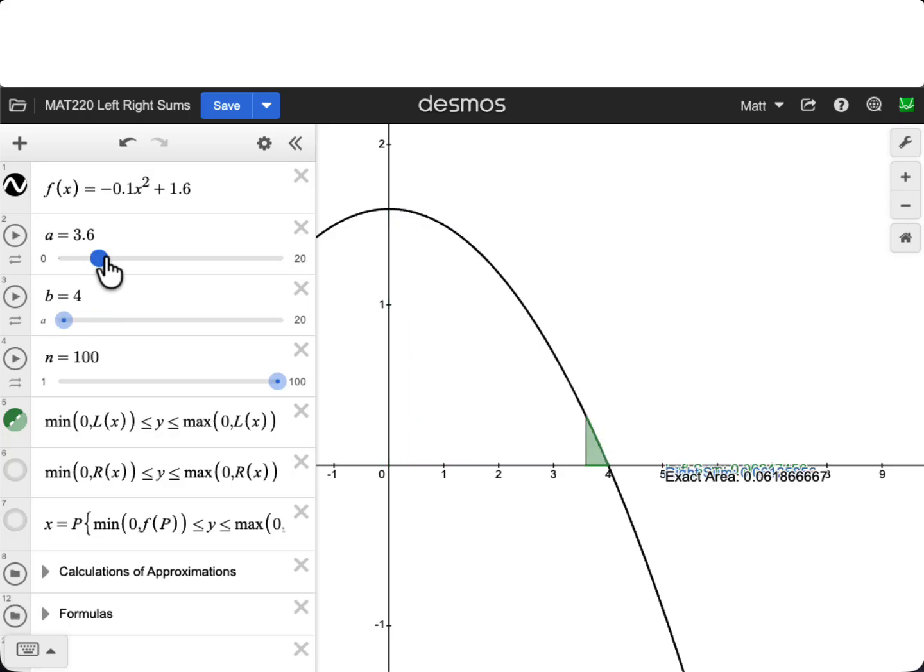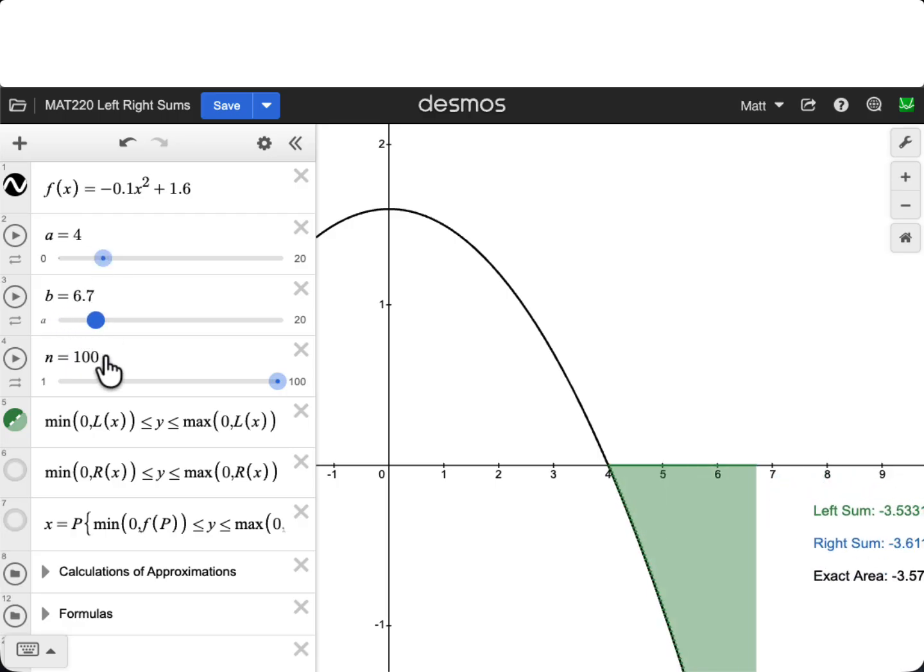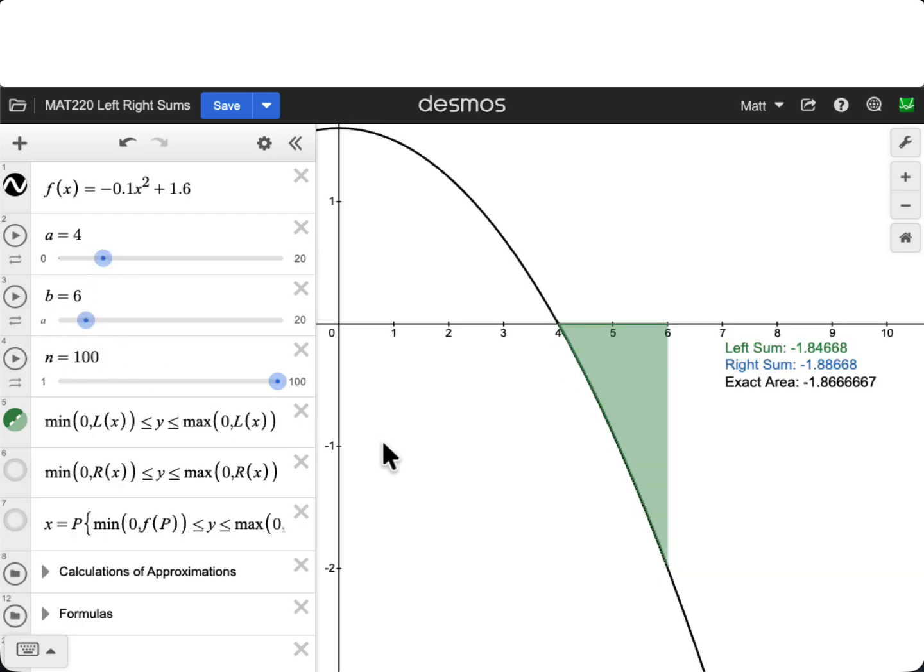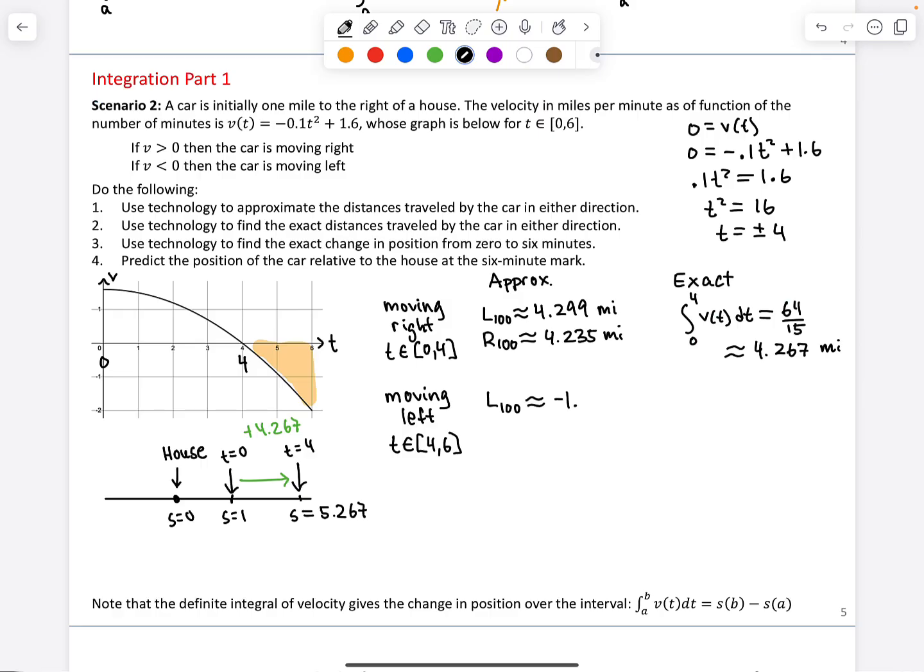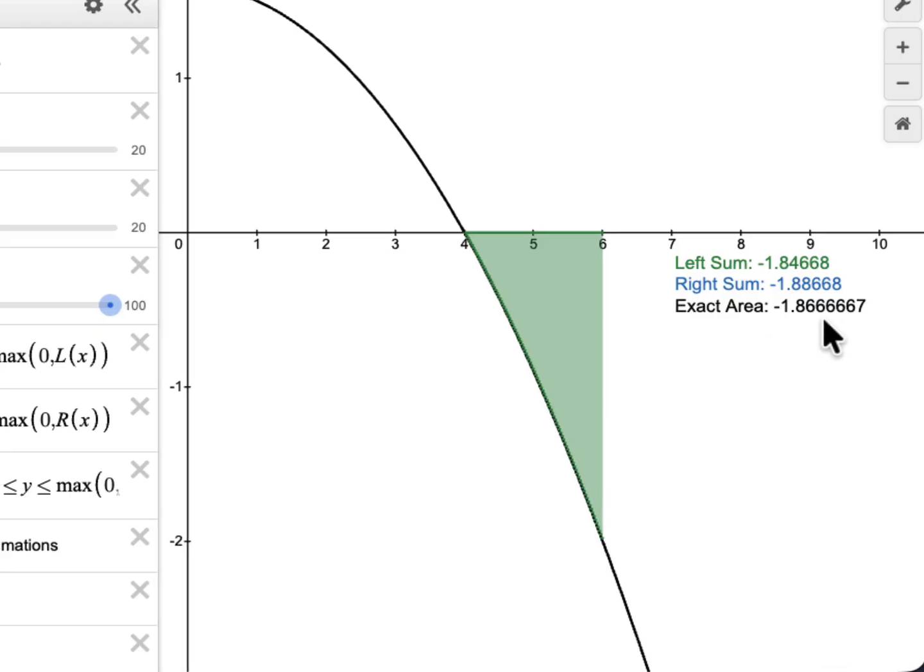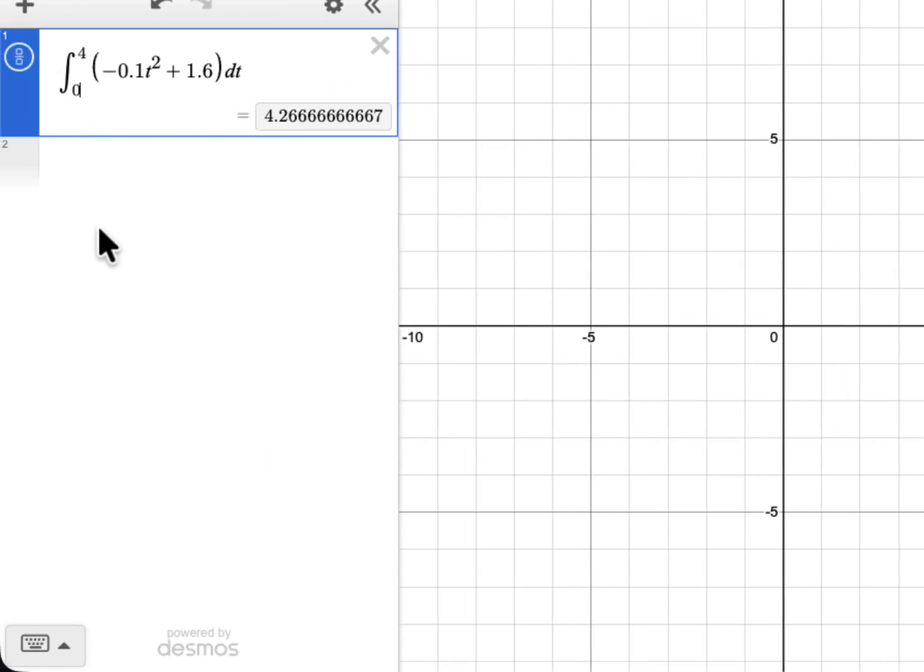Back to this tool, change A to 4 and B to 6. I'll keep 100 rectangles and bring this into view. We can see our left sum using 100 rectangles is approximately negative 1.847 miles. Our right sum using 100 rectangles was about negative 1.887 miles. You can see my program showing the exact area, which you can also find by typing in this definite integral,